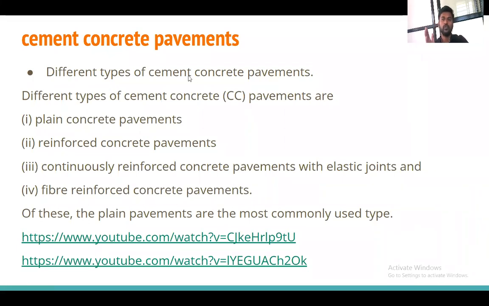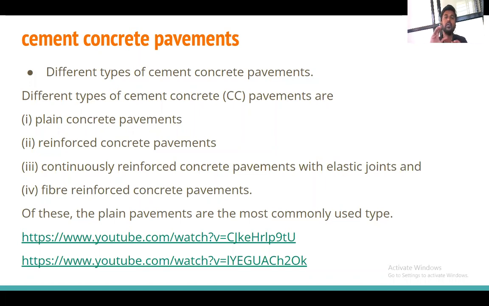Up till now, whatever we have decided, up to the sub-base course, we know that in the cement concrete road and the flexible road, the rigid road, the common layers are the subgrade layer and the sub-base layer. On the sub-base layer we will use the dry lean concrete layer and then the main concrete layer.